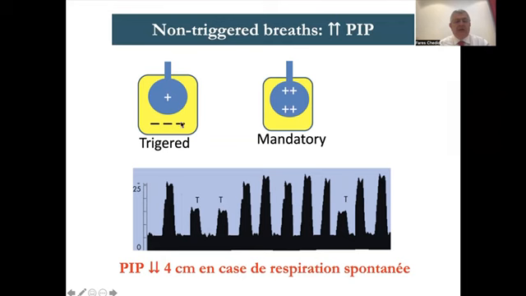Triggered breath, this is the alveolar pressure. The patient took too much negative pressure, so the machine doesn't need to give much pressure. A triggered breath would need much less PIP. It was demonstrated that a triggered breath needs a PIP of 2 to 4 centimeter water less than a non-triggered breath. Here is a patient who didn't trigger at all because you sedated him a lot, or paralyzed him, or put a respiratory rate too high, so he didn't have a chance to trigger. So the machine will have to do the whole effort, and produce 2 to 4 centimeter water more when the breath is not triggered.